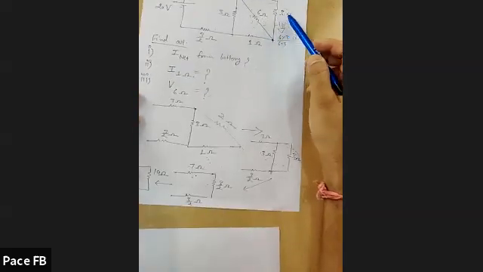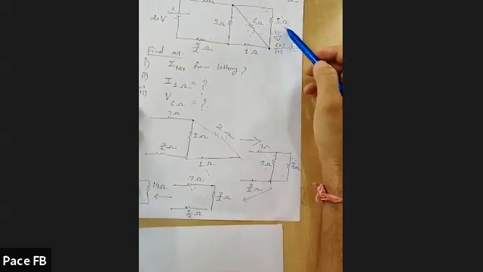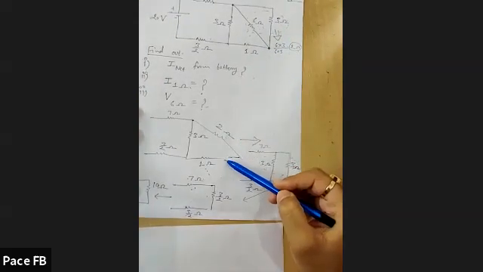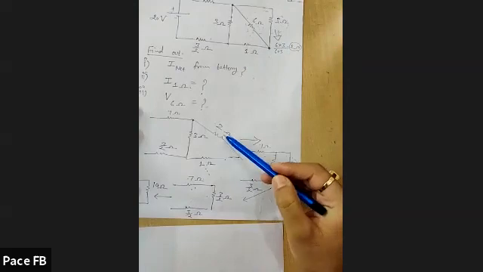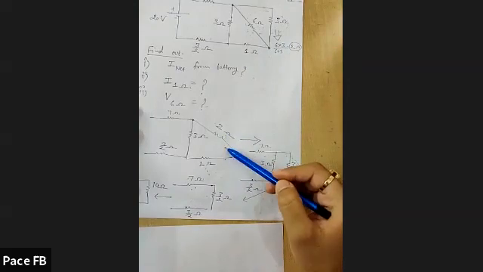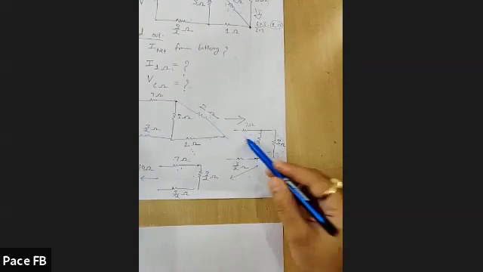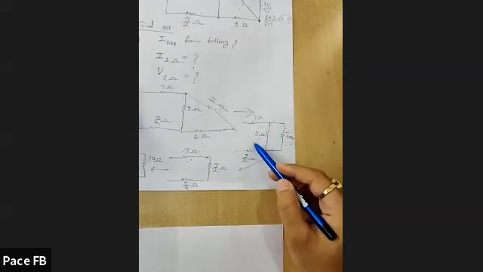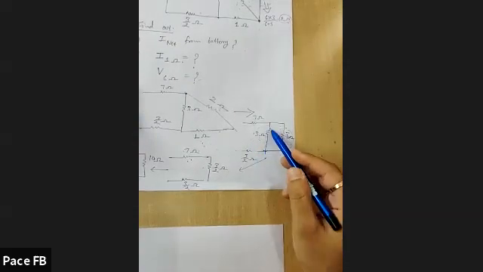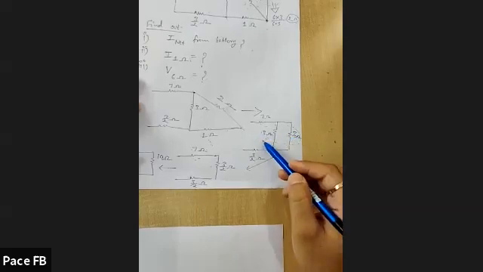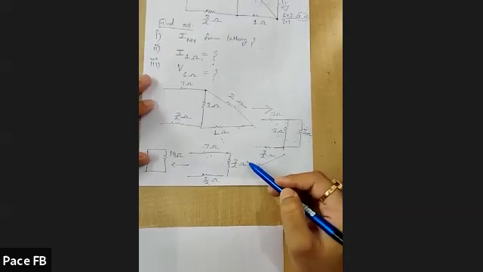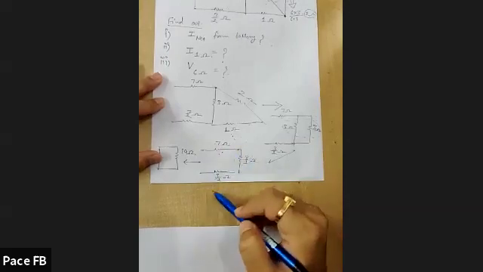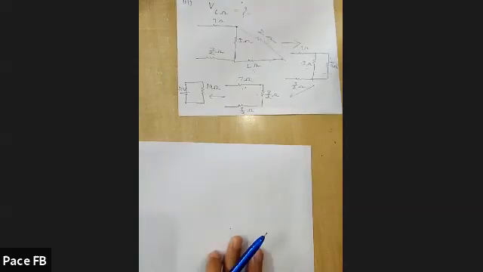Right? Initially, these two, the 6 ohm and 3 ohm, they both are in parallel. So it becomes 2 ohm. This is the diagram. Now this 2 and this 1, they both are in series. So the circuit becomes like this: 7, 3, 3 by 2, and there is one more 3 due to 2 plus 1. And this 3 and this 3, they are also in parallel, because they are having points in common. So this 3 and 3 in parallel will become 3 by 2 ohm. And now 7, 3 by 2, 3 by 2, all three are in series. So the final R equivalent comes out to be 10 ohm.